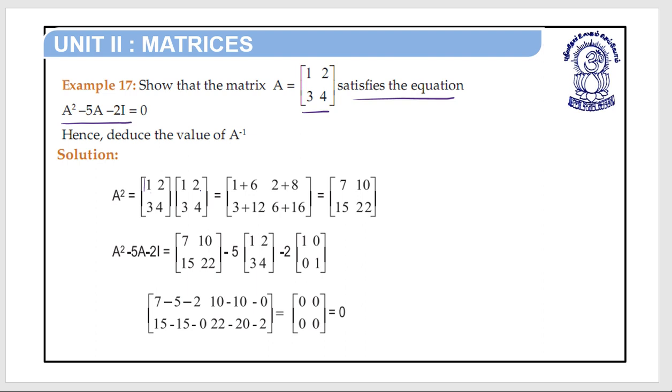satisfies the equation A square minus 5A minus 2I is equal to 0. For A square, A into A. So, solve A into A. We will get [7, 10; 15, 22]. Here,